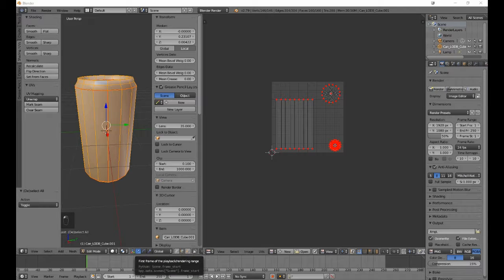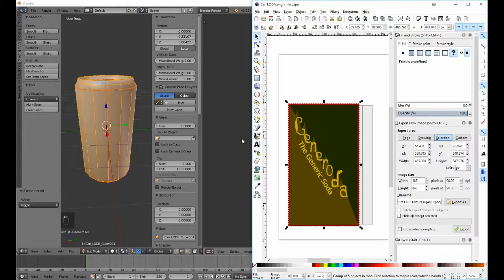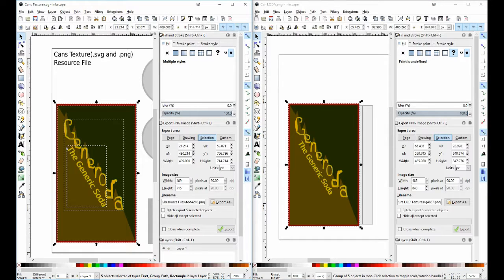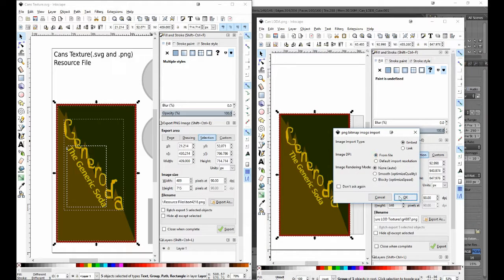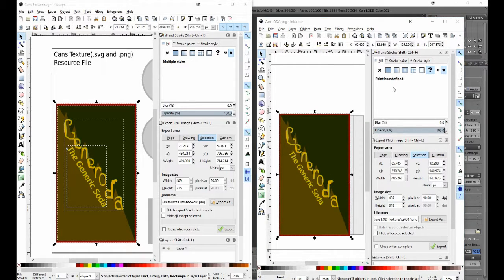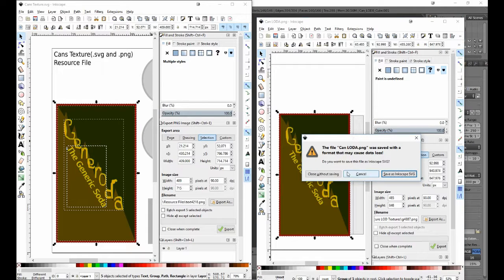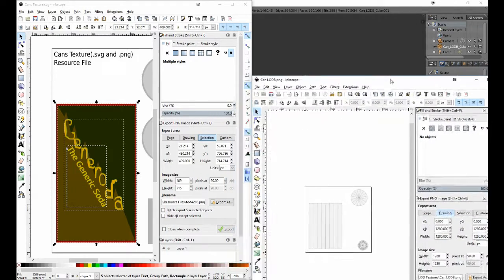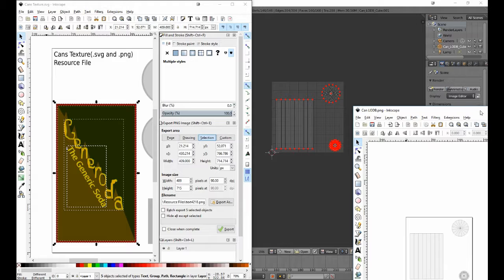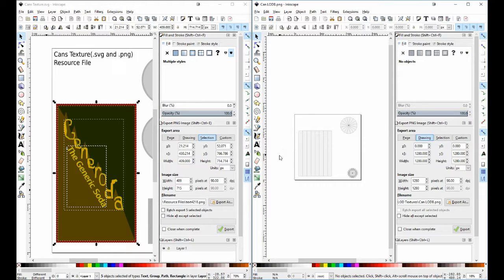Now back to our Inkscape. And we're going to open up Can B, close Can A. Don't really need to worry about that, so we're going to close without saving. Get this. There we go. All right, now,